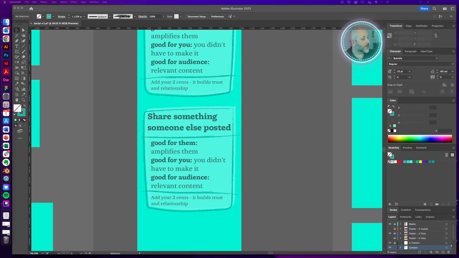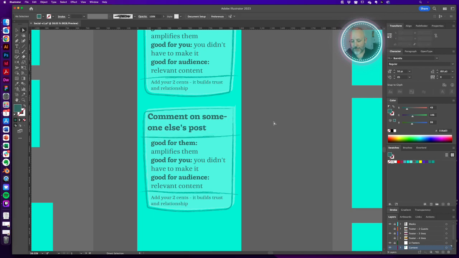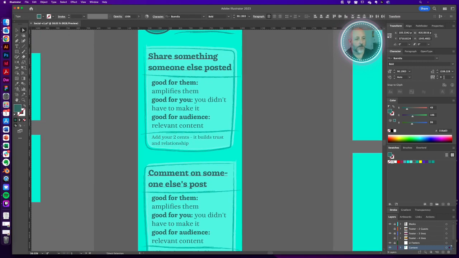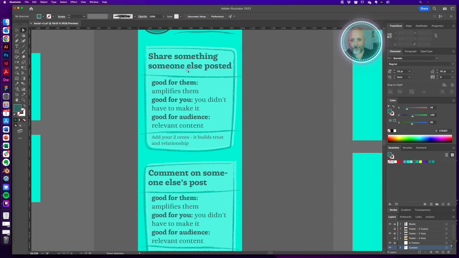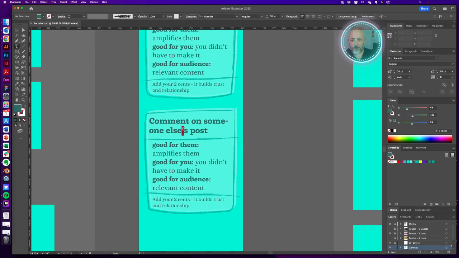So next up, might be a little too long. Comment on someone else's post. Don't want to do a hyphen. Hate hyphens in headlines. There's just too much line height between those two lines. So,